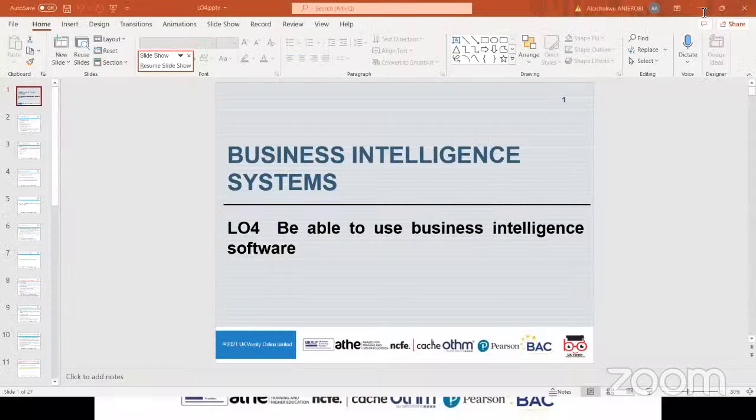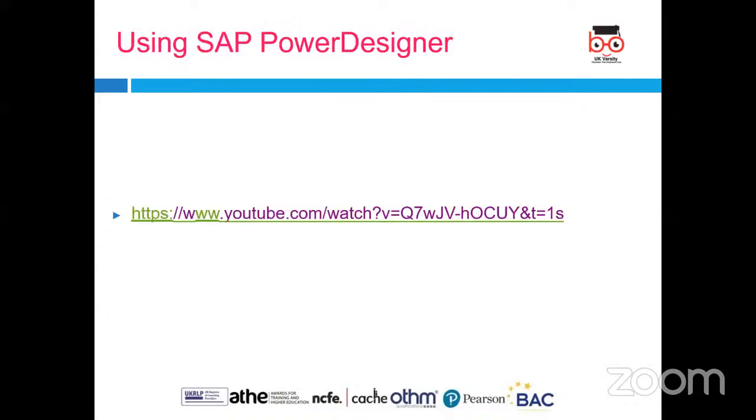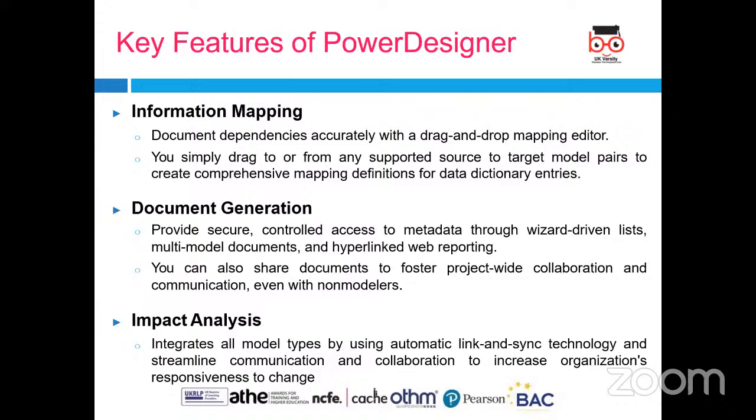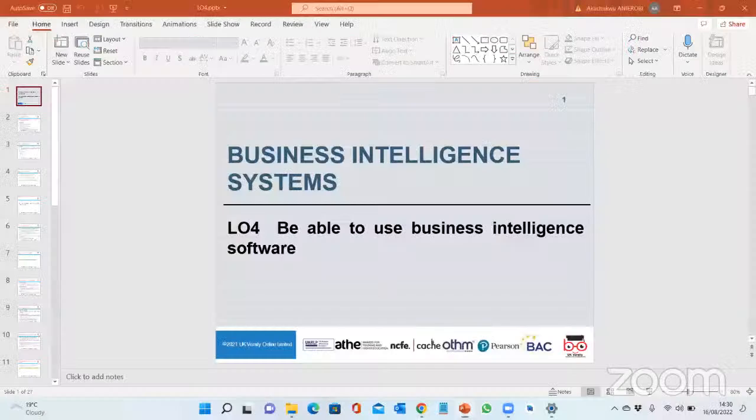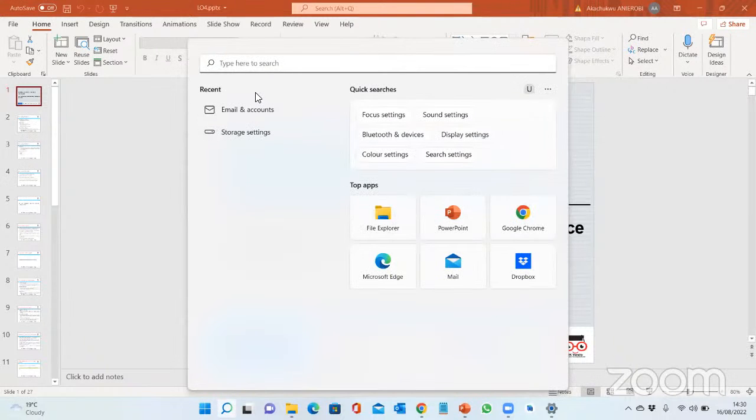So the video was a demonstration of PowerDesigner, where he implemented some modeling into the program. I do know another type of program which will allow us to create some representations, which are